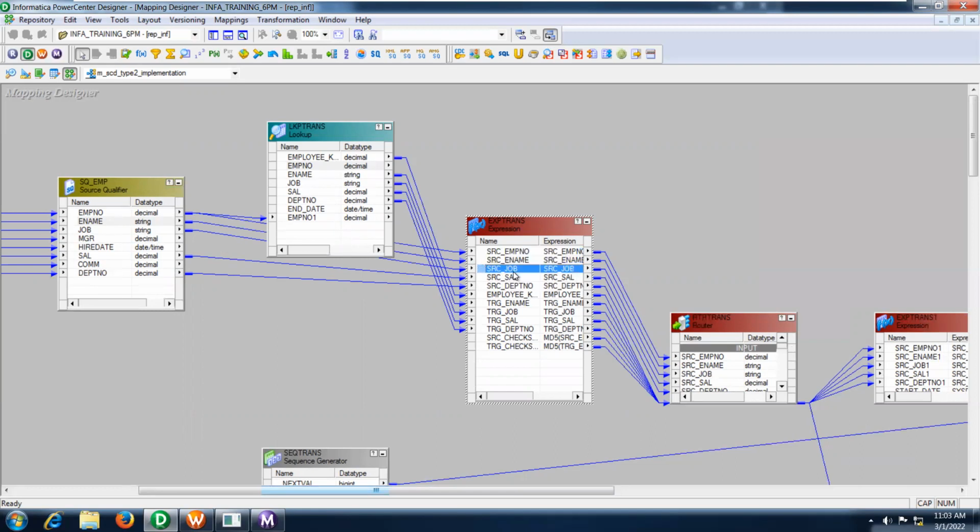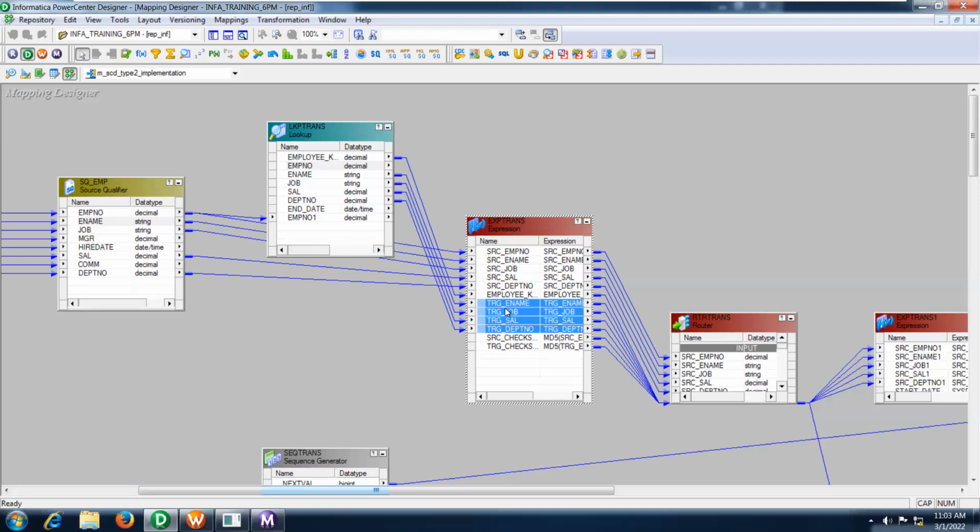Rename the ones coming from the source as SRC, and the columns coming from the lookup table you can rename as TRG, to get a better understanding while you are creating the logic here. Okay, it will help you more.